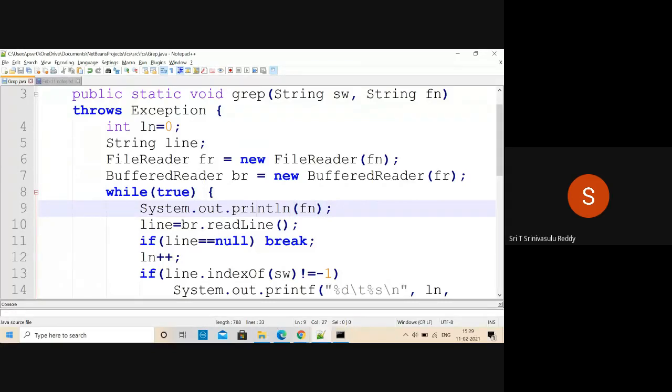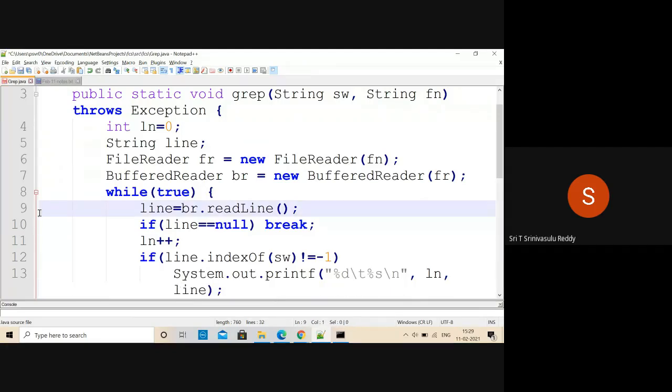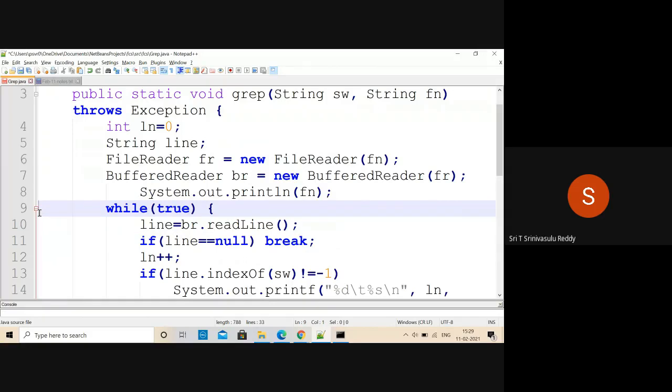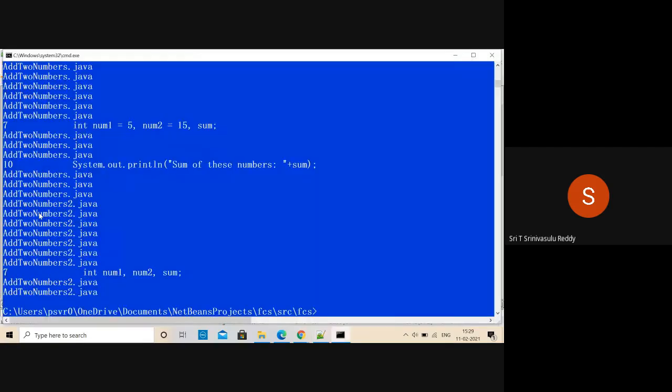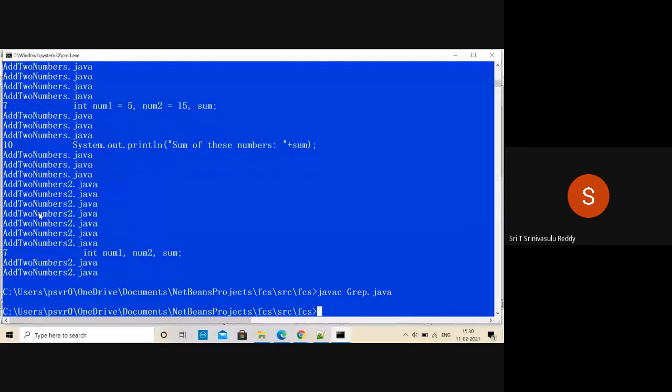So that's not required, right? Only once you have to display the file name. So this thing should be kept outside the while loop. Must be kept outside the while loop. So that just before reading the lines, you are going to display the file name. And then all that particular thing. So that all the matching lines within that file are going to be displayed, and so on. Only one time the file name must be displayed, right? It is common sense. So we are updating that particular thing. And again compile it. And again compile this.